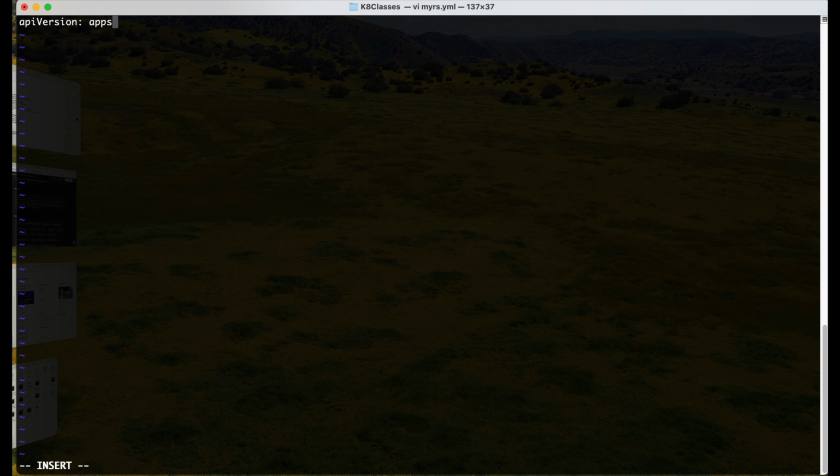So earlier we have seen only v1. Now we can see apps/v1, because this is the ReplicaSet, with capital R and capital S. In the metadata section, we can name it my-rs, and specify labels: app: my-rs-app, type: